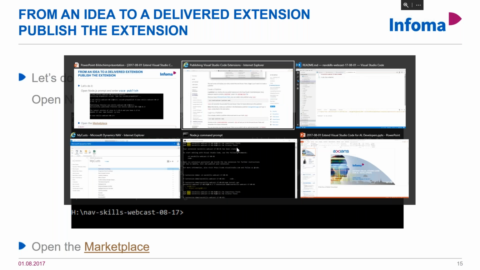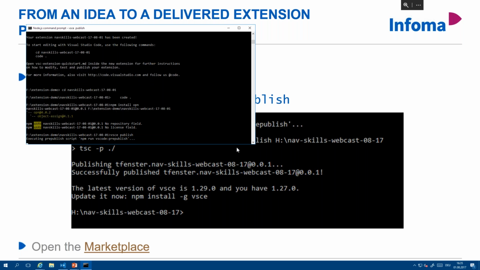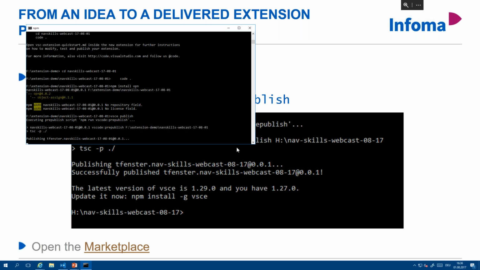So what we need to do is open our Node.js prompt and just enter vsce publish to publish our extension. This is then compiling. There's a pre-publish script. It's compiling and then it's publishing, as you are hopefully going to see soon.